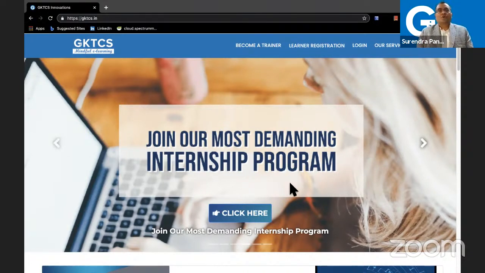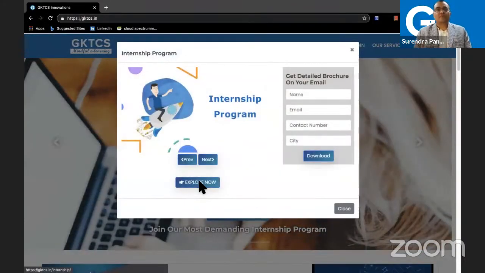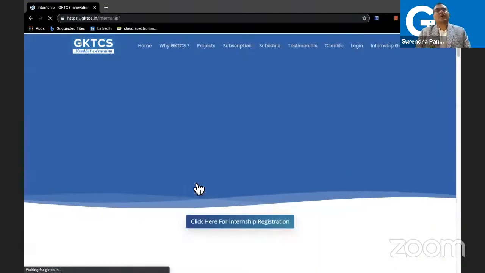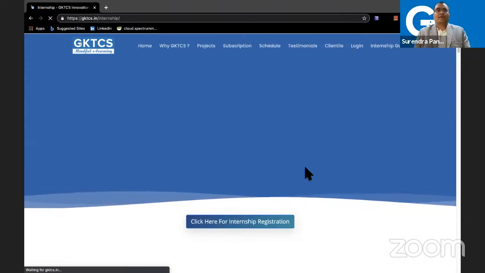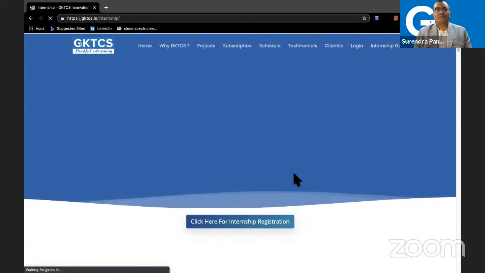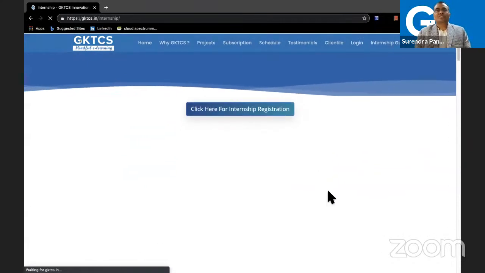year internship. So here there is a complete automation of the internship program now. You can just explore and download the brochure about the internship program. A lot of free things are available, and this internship is completely free for all graduates, and you can just register for the internship in this case. Once you register